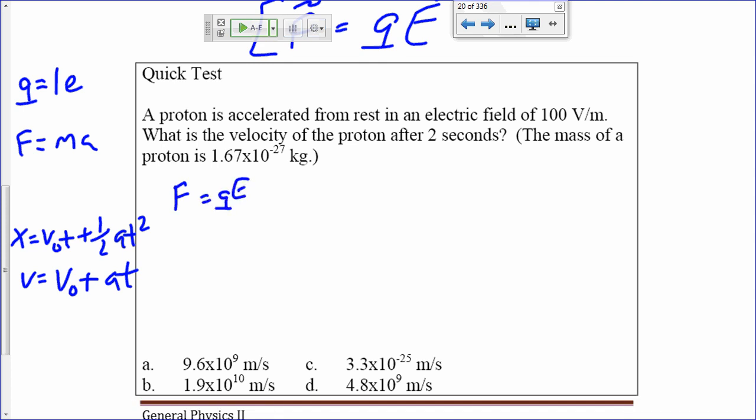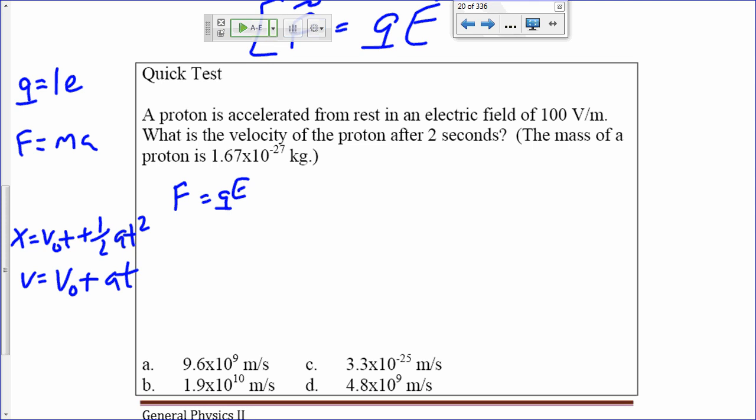By the way, this seems like just an exercise, but this is a pretty common thing when you want to move charges around. You use electric fields to move those charges. Common applications are cathode ray tubes, which we don't use so much anymore, but the old TVs used electric fields to move a beam of electrons. Also in inkjet printers, little drops of ink go through two metal plates that have an electric field between them, and they modulate the electric field depending on where you want the ink to land